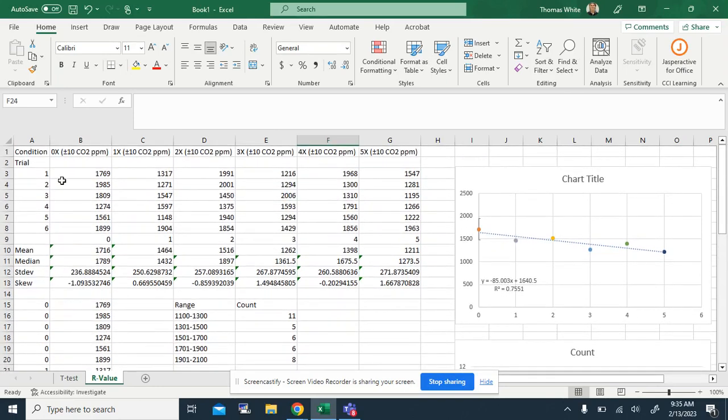Okay, so this is about how to analyze your data if you're doing an experiment where you have the same thing, you're just increasing the amounts of it. So this would be like if you increase the amount of eggshells, salt, anything like that. This is for you. I have a lot of the data filled out already because this takes a while to